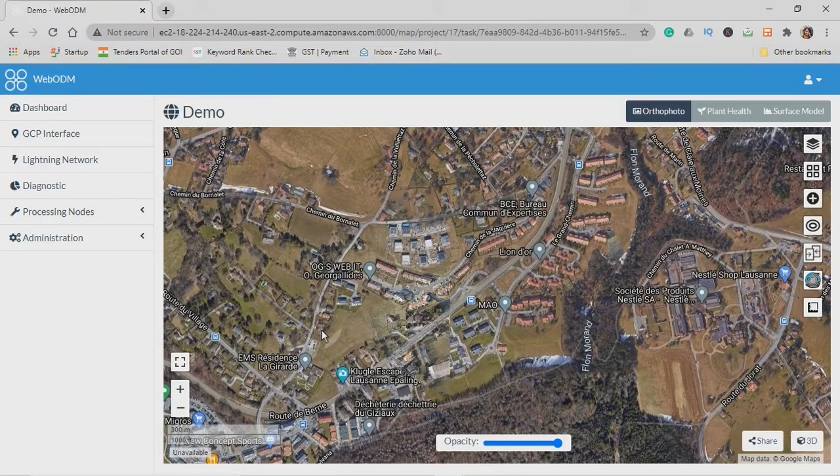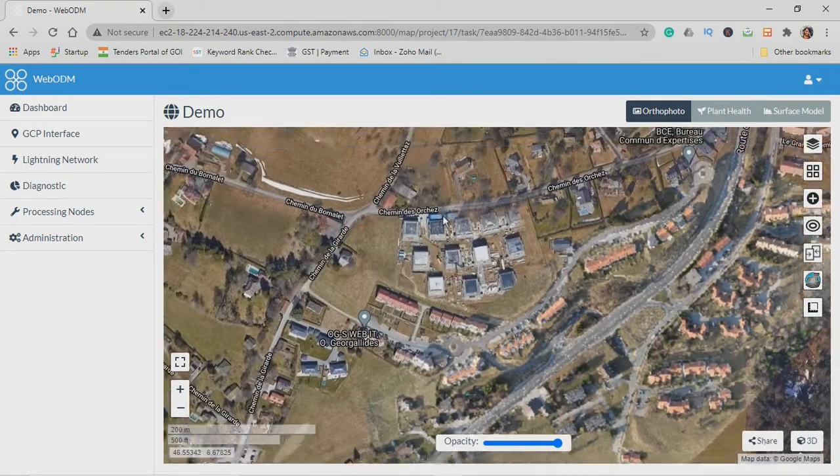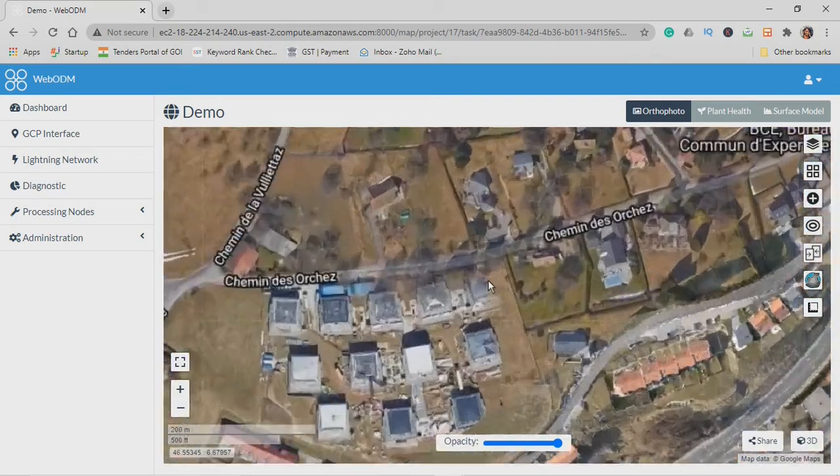Alright, so as you can see, the orthophoto is created in the 2D view map. I'm not sure if you can clearly see the difference because the base layer right now is the Google Hybrid map.